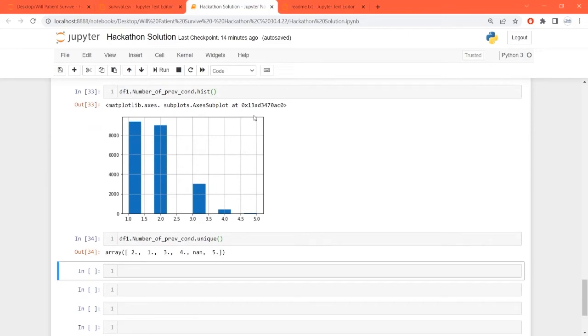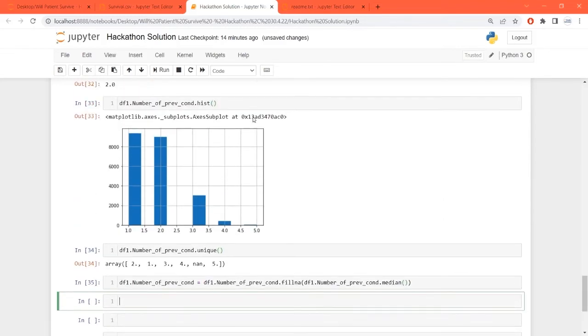This column is equal to this column over here dot fillna by median.